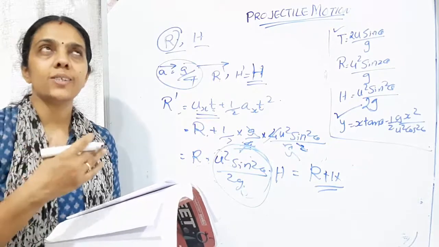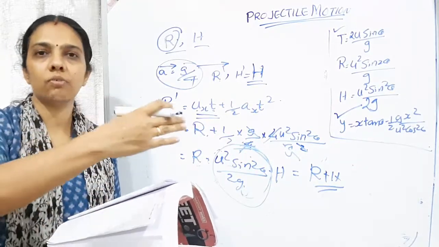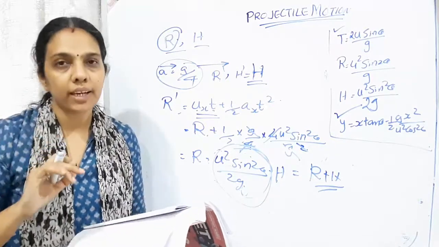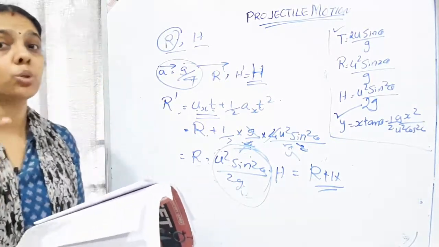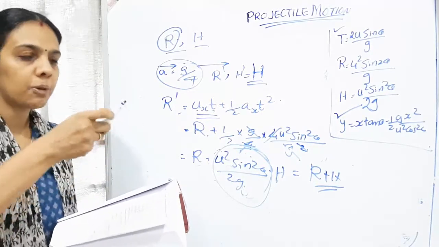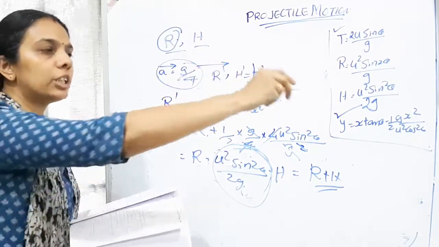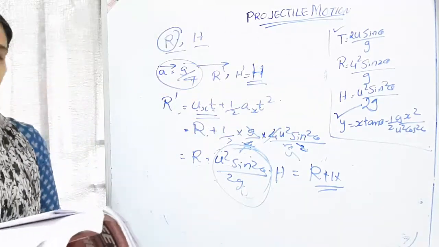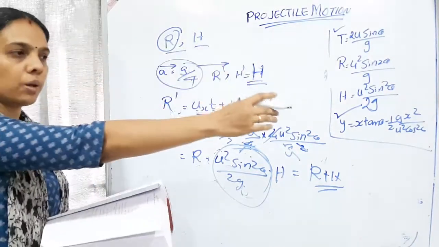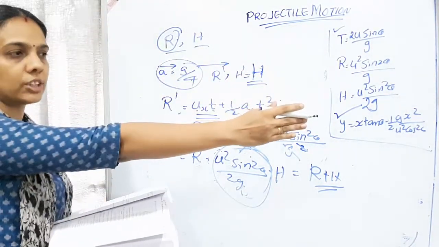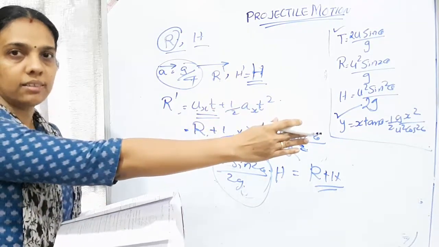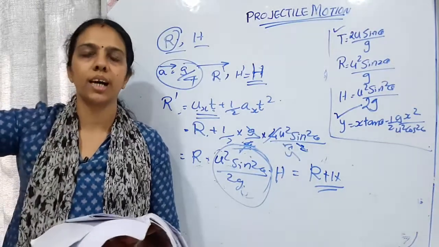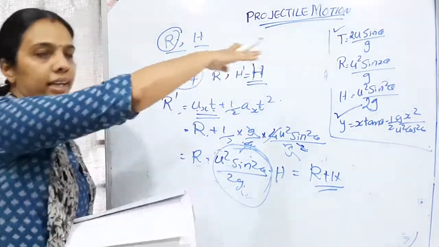So the radius of the whole area where the bullet is falling. How can we find out that radius? Radius will be equal to the range of each bullet. Suppose I am firing from here, it is reaching a particular distance. So within this distance, it can reach any point. This will be the maximum distance which the bullet can go. And if I am throwing to that side, the same distance it will go to the other side also. So this will be the area which is covered.